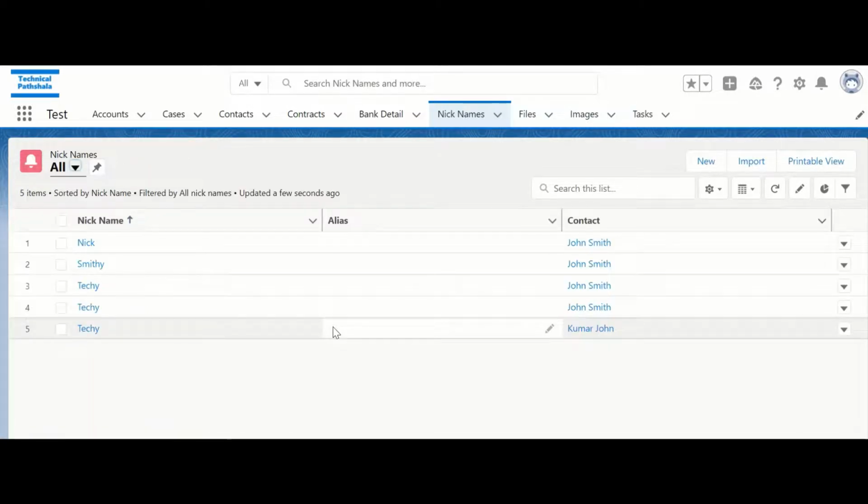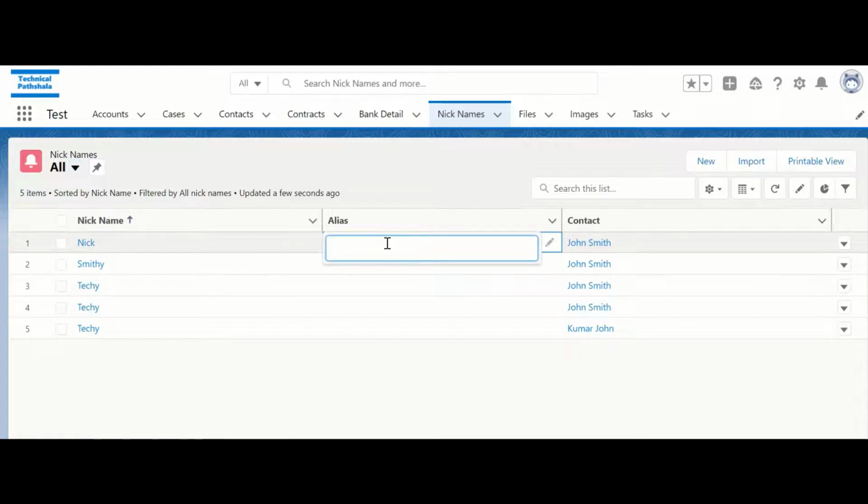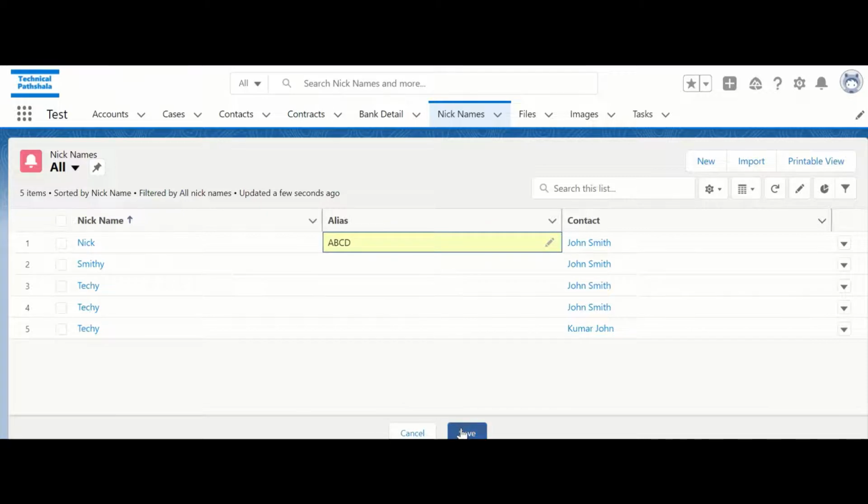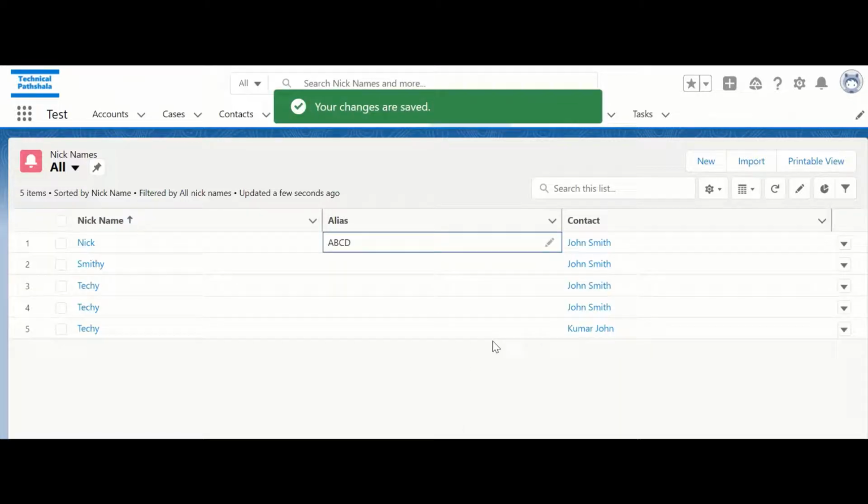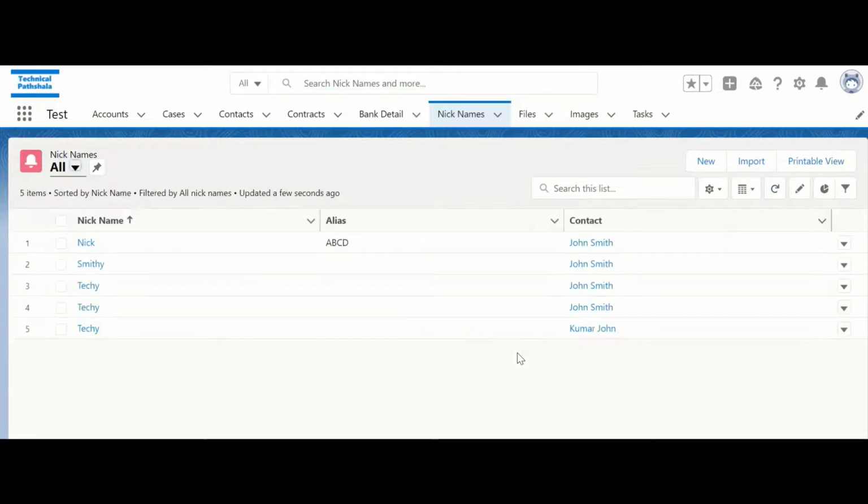Here you can see currently no nicknames have any alias. First, update the nickname record that has nickname as Nick. Save this and refresh this view. Now you can see no other nicknames have been updated.